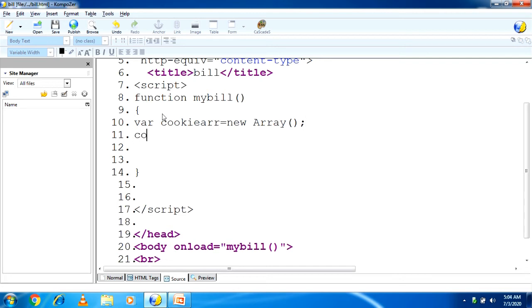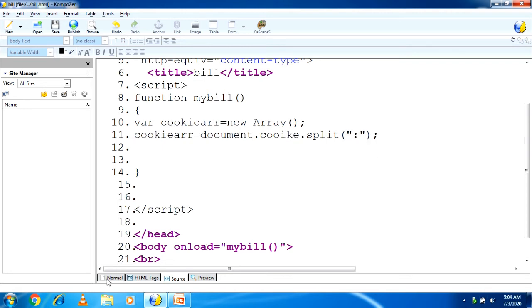After that, cookieArray equals document.cookie.split(""); here you have to write a colon. Now students, why do I write it this way?